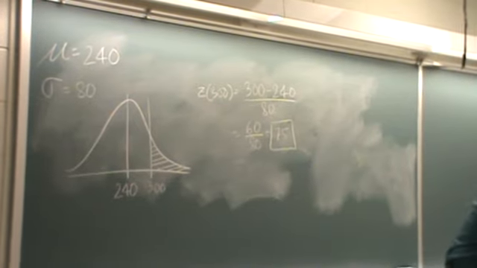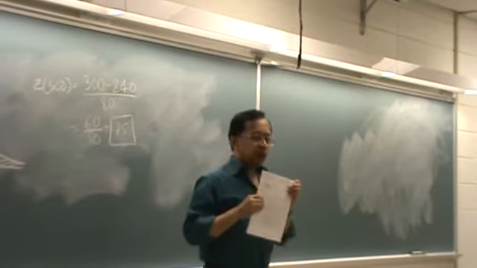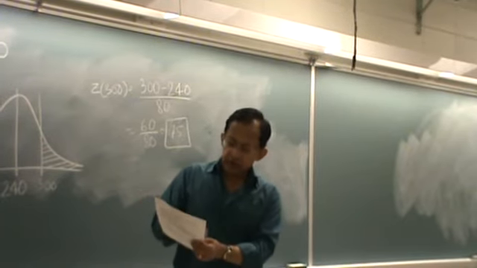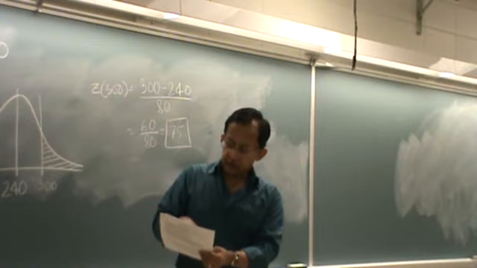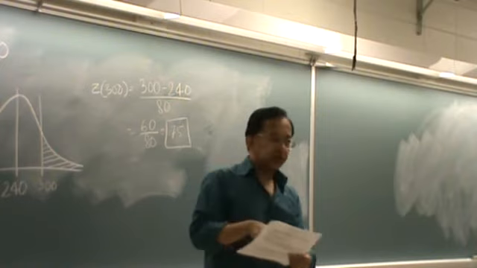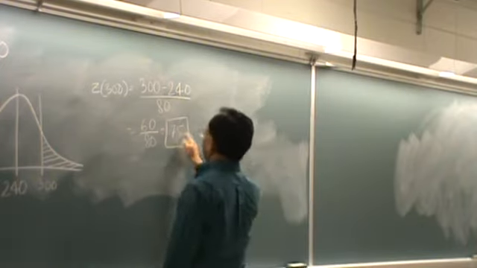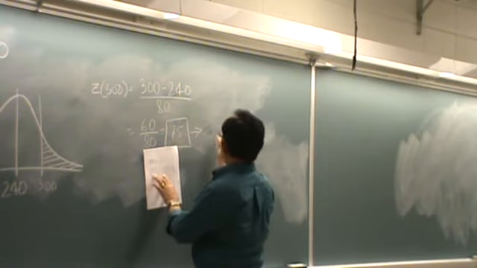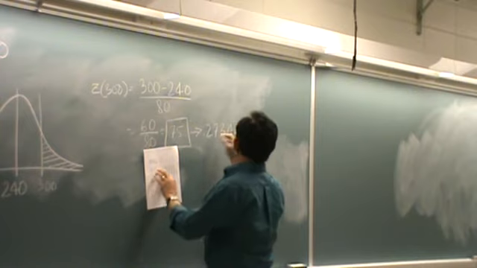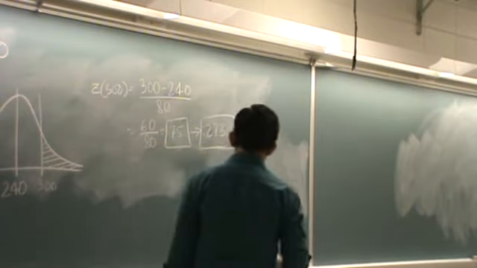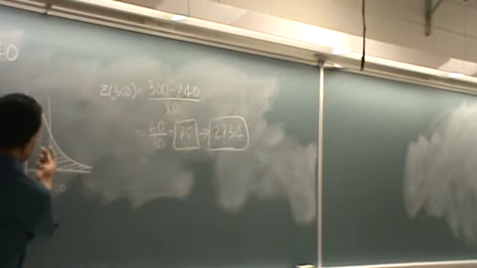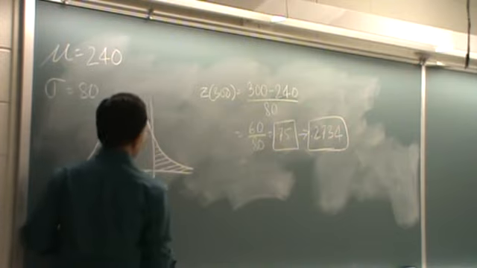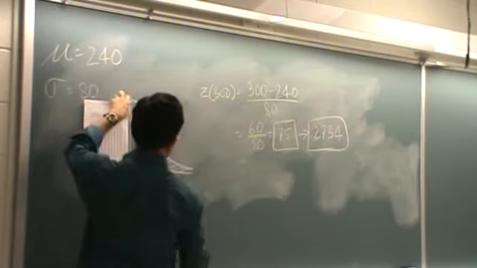Now we need to look at this table and find out the area for 0.75. If you go down the first column, look for 0.7, and then you go to your right until you find 0.05. So what do we have? 0.2734. So the corresponding area to this z-score is 0.2734. Now this 0.2734 is this area here, right? But we don't need this area, we need this area. And we know half of this area is 0.5, so we'll be writing